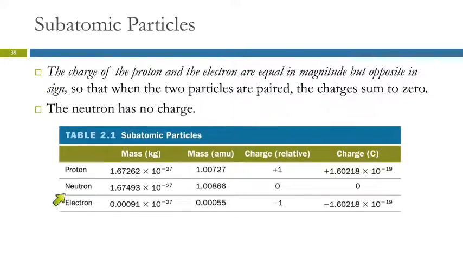This is a table listing some properties of the subatomic particles. We've got protons, we've got neutrons, we've got electrons. So in terms of atomic mass units, the masses are 1, 1, and almost 0. So you don't need to know these exact numbers, but what I would like you to know is that this is essentially